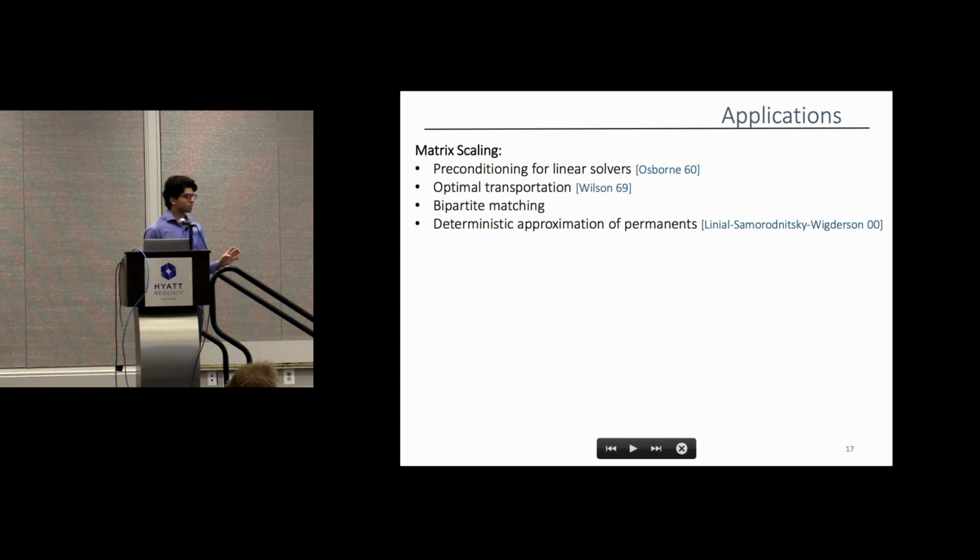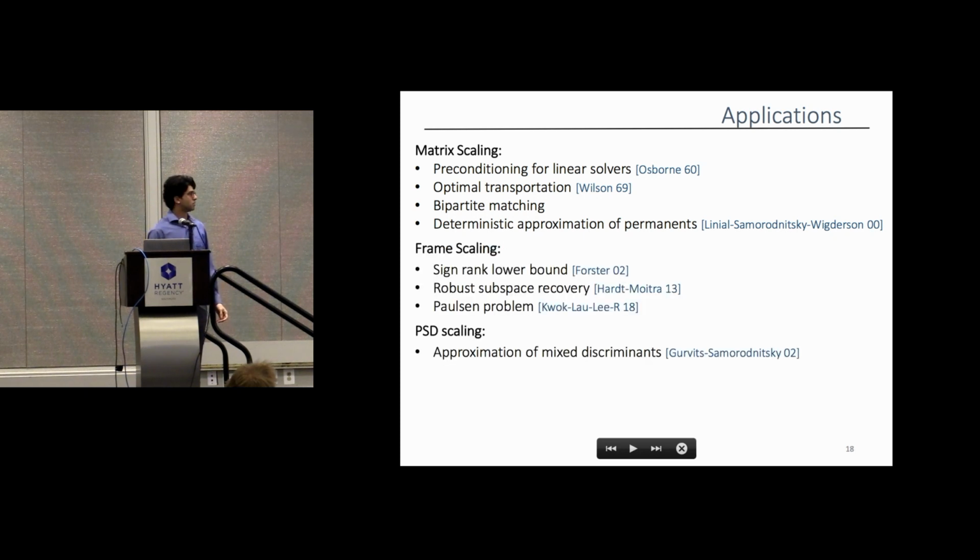So now we've defined the problems. I'll mention that this kind of problem has shown up in lots of communities in lots of different settings. In particular, matrix scaling is already useful for statistics and optimal transport, and as I mentioned already, the permanent. Frame scaling is actually our motivation. So this Paulsen problem at the bottom was how we saw this framework, and there are some other applications as well